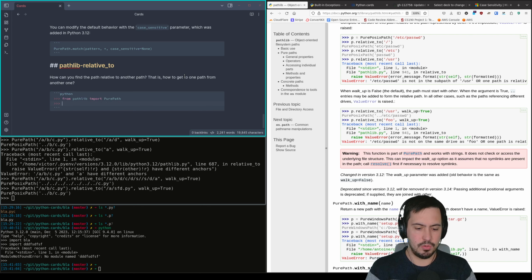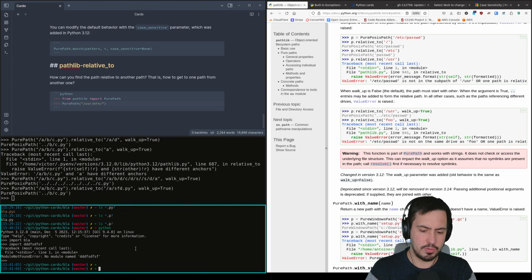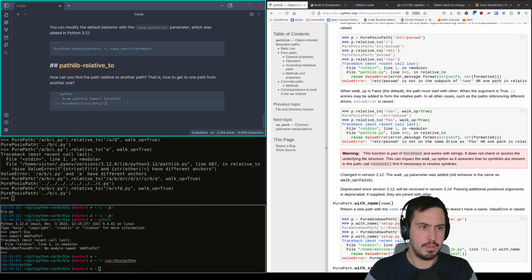From pathlib import PurePath, so let's say PurePath slash usr bin. What do we have in usr bin? We have Python, I think. usr bin python, and then we say p dot relative_to, and let's say base equals slash usr. So relative to base,